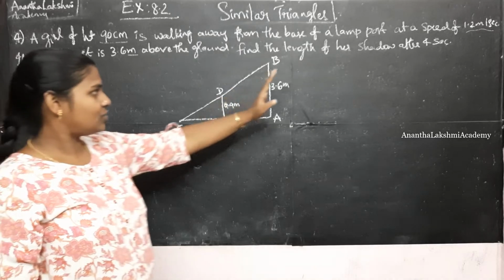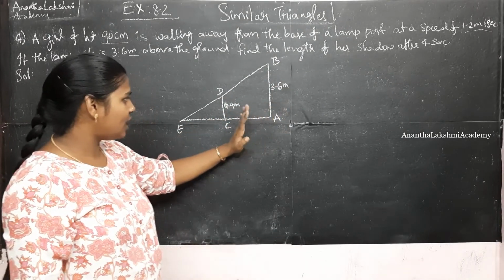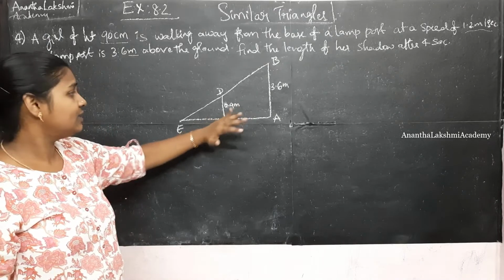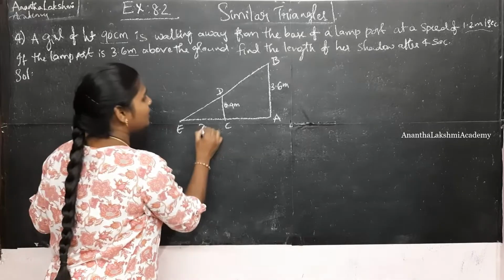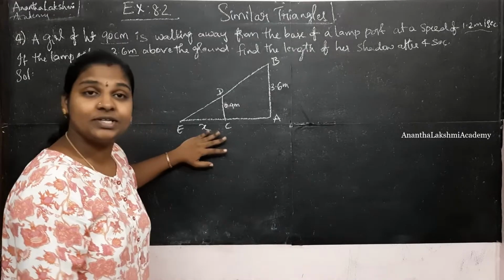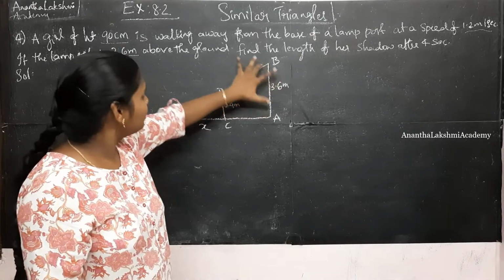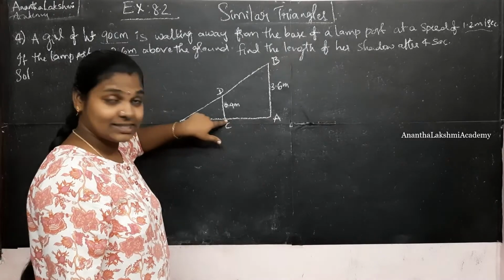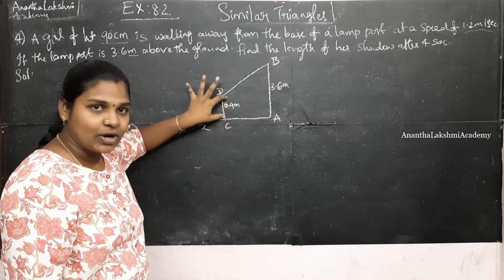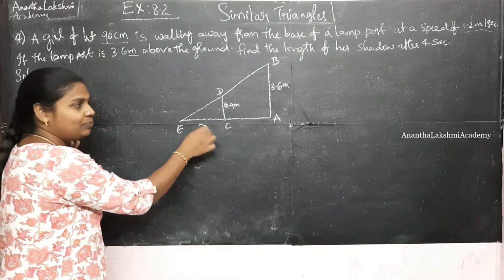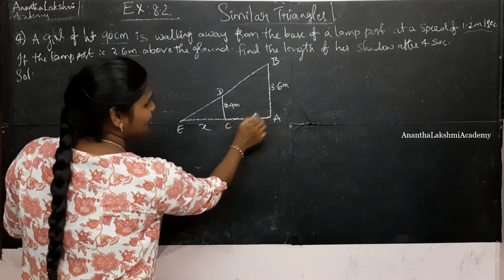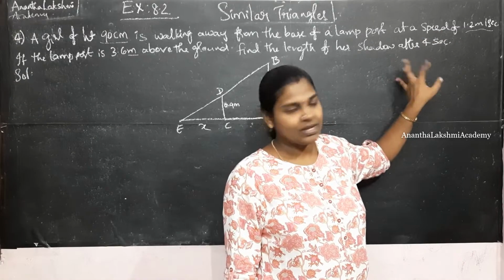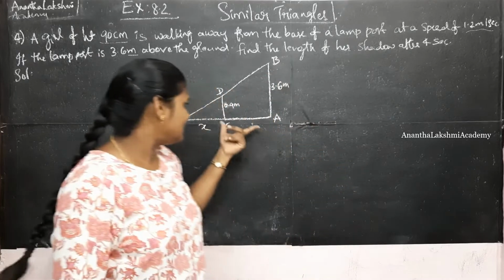This is the figure. What did I do? I just drew the lamppost first. Now that the girl is walking away, she is here at a height of 0.9 meters, and this is the length of her shadow. This is what we are going to figure out. So how did I draw this figure? First, I took the lamppost whose length is 3.6 meters, and then as she is walking away, she stood here. Her height is 0.9 meters, and this is the length of the shadow. For this, we were given the speed and time. Speed is nothing but distance by time. From here we can figure out this distance.